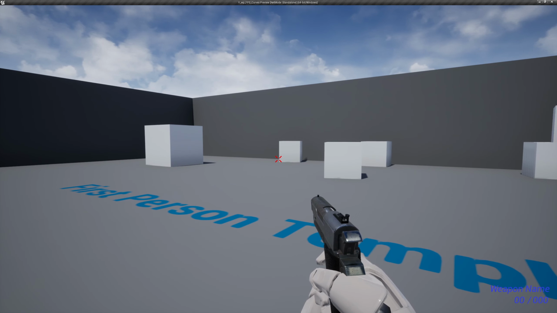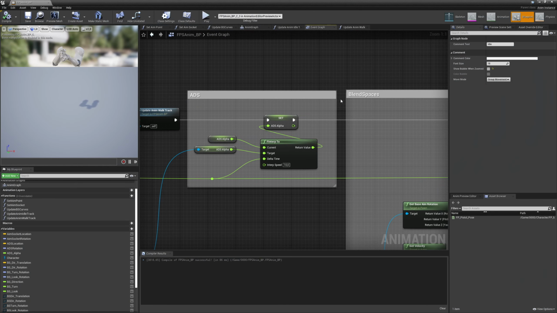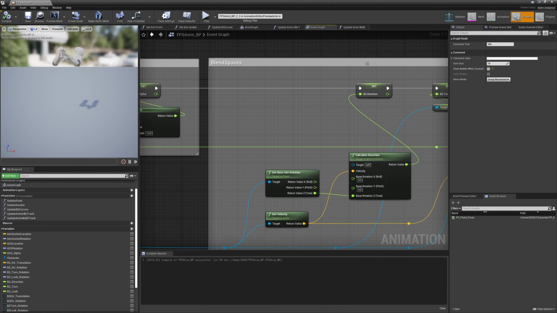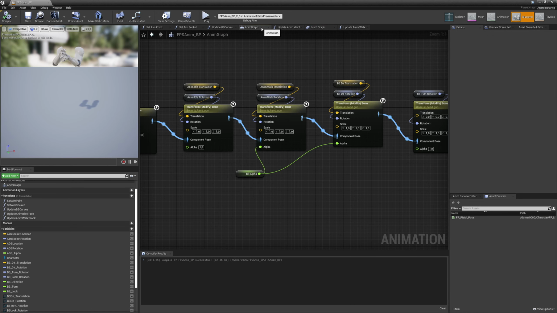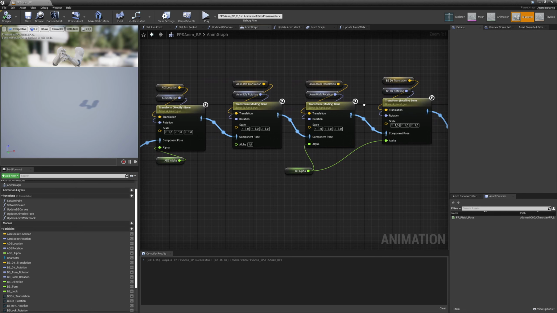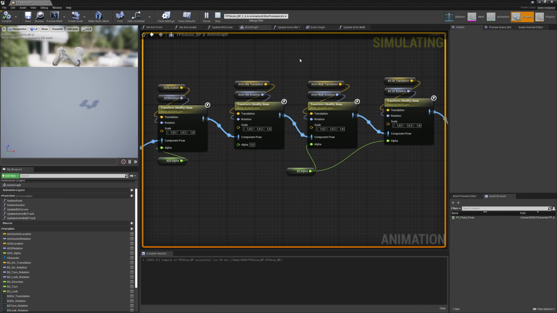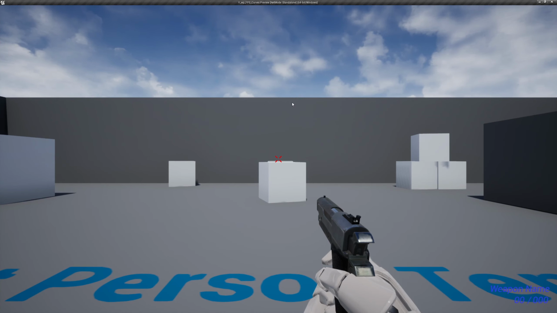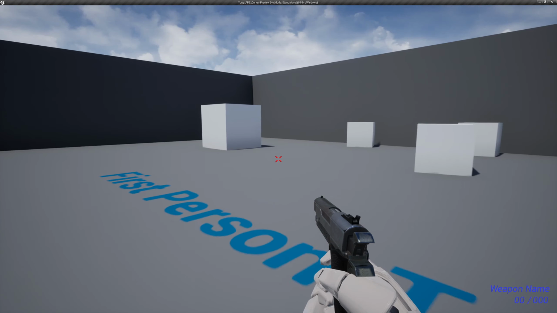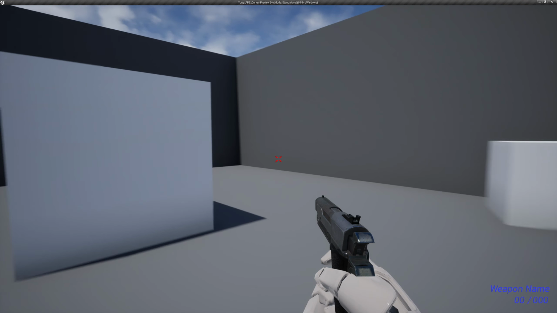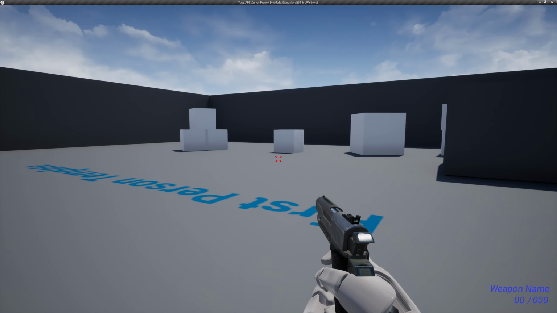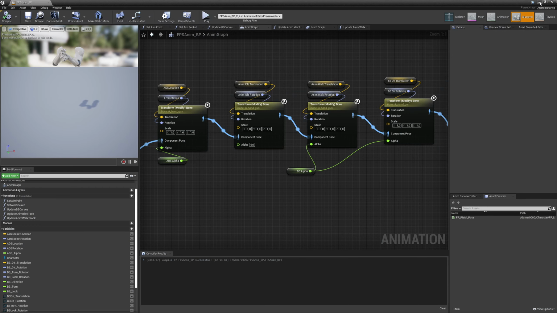So we have a really crappy idle animation. We probably don't want to play this at all. So let me go to the animation graph and let me get rid of my idle. I need to come up with something decent looking and replace it, because this is not working. So if I start walking, nothing really happens, and I know why, because we didn't